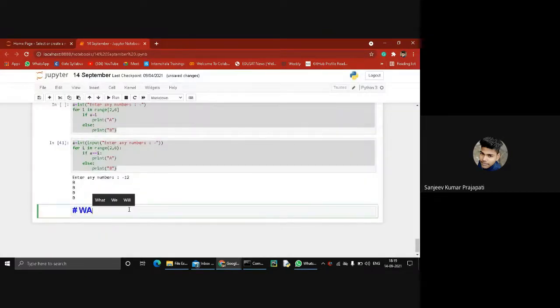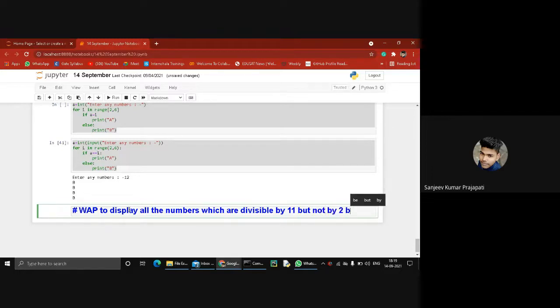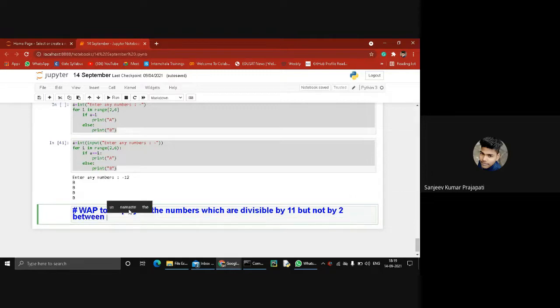Okay, my next question is: write a program to display all the numbers which are divisible by 11 but not by 2, between 100 and 500.